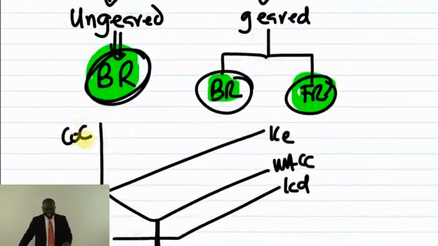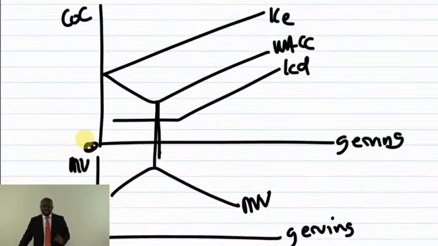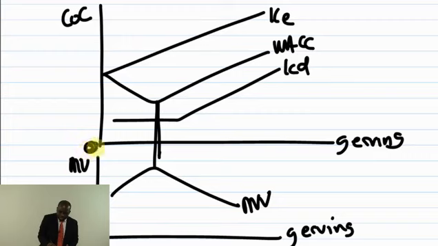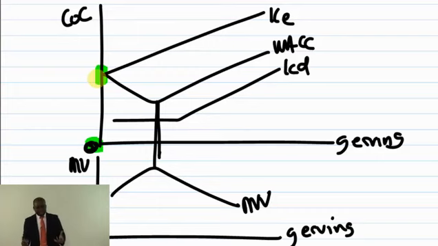Because it is ungeared and they are facing only business risk, equity holders will demand a return which equals the business risk. So equity holders will demand a return to compensate for only business risk. And at that point, this is what they will demand as their cost of equity, because the cost of equity is the return to them. So where gearing is 0 and we haven't got any debt, then we have only business risk. Equity holders will demand a return to compensate for only business risk. And at that point, your cost of equity should be equal to your WACC.